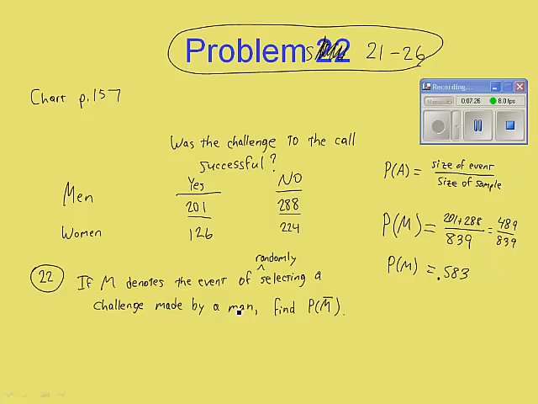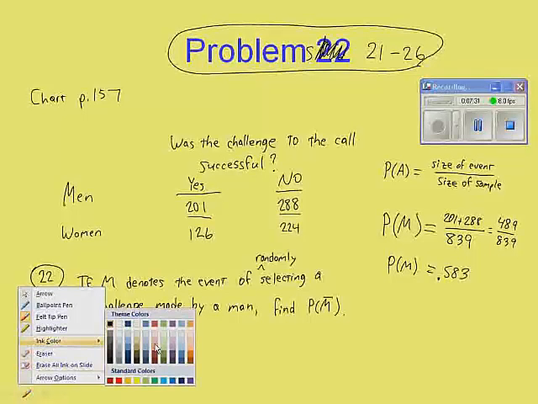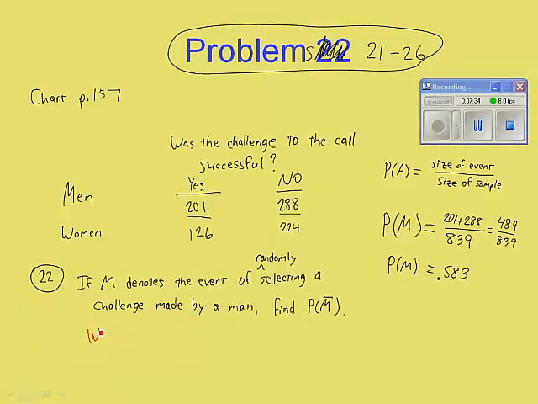Matter of fact, that leads me to my next point. Let's compute P of W. Why don't you guys do that? So here, I'll do a different color. I'm going to say W is the event of randomly selecting a woman, or a challenge made by a woman. So a woman's challenge. Okay, let's do it. P of W equals,